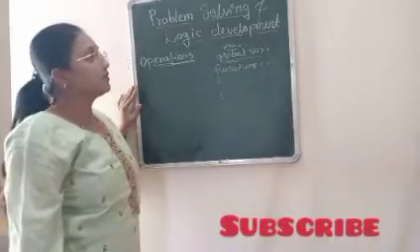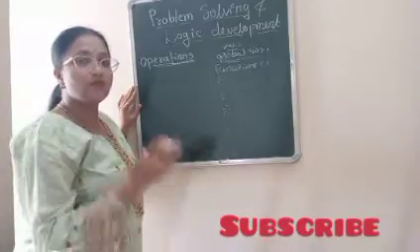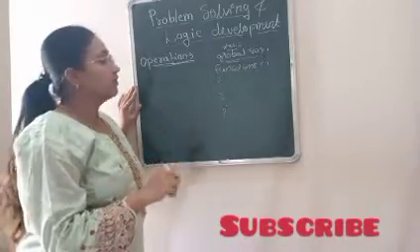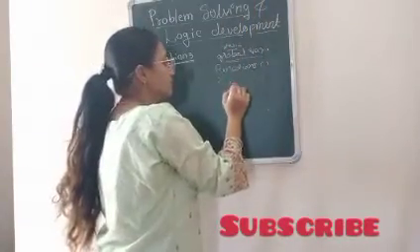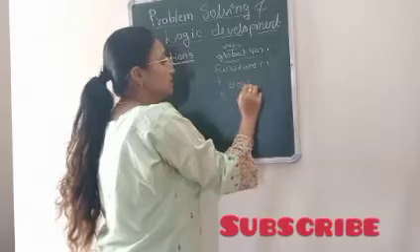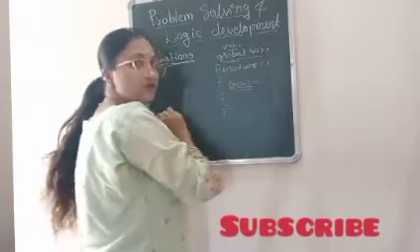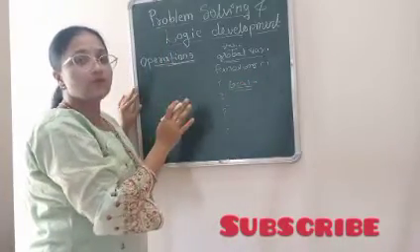So what are static variables? Static variables retain their value throughout the program. Then next come the local variables. What are local variables? Local variables are the variables which are declared inside the function, and they are accessible only